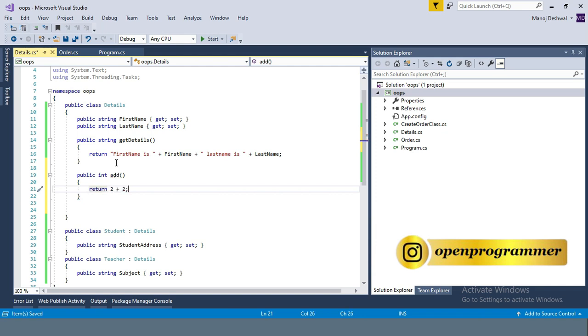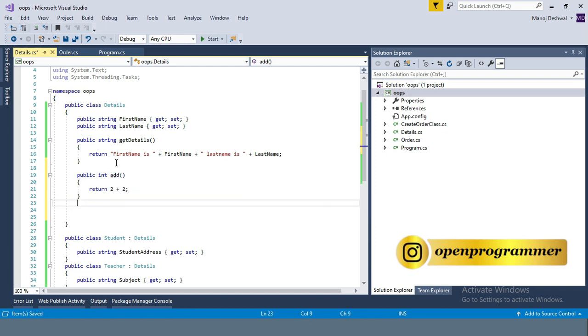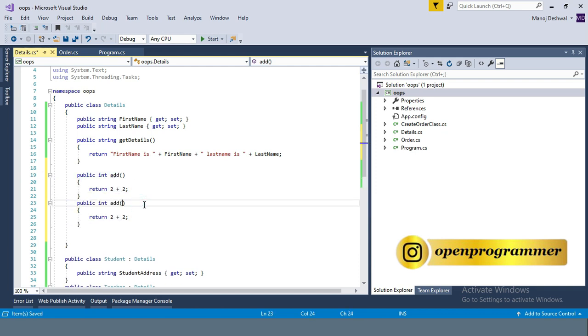That is a simple function which is returning 2 plus 2. Let me copy this, paste it, int a, int b. Let me change the return statement to a plus b. So it is taking two parameters a and b and returning a plus b. So that is another example.